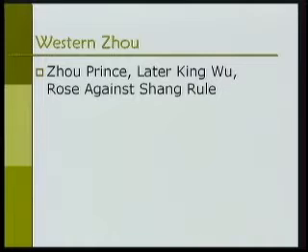And so people became sick and tired of them, and that's how one Zhou prince, who later on would become known as Wu, and so we would later on refer to him as Wu Wang, W-A-N-G, and sometimes the two words are written together. So this Zhou prince, later to be known as King Wu, rose against the Shang rule,